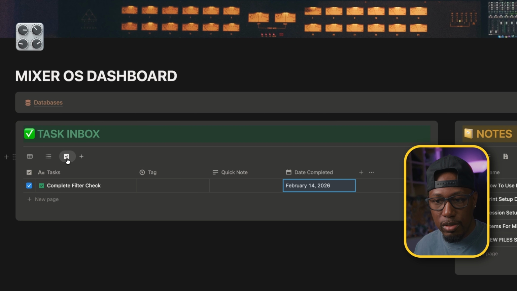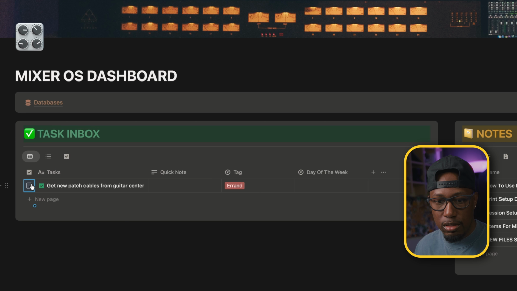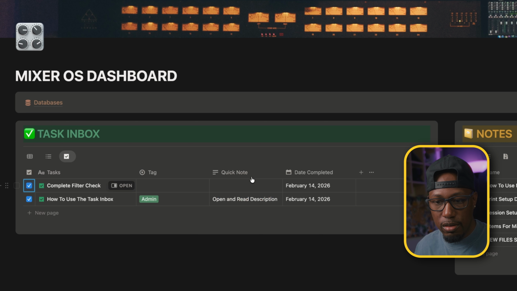This third view is to show archive tasks. So any task marked as complete will pop up here. Also, I wanted to point out that the date completed is automatically tracked when you check off tasks. So if I check this task off and I go back to the archive section, it should automatically pop up